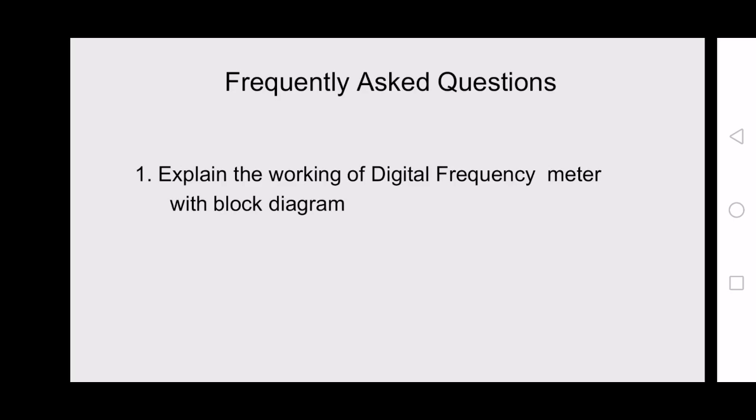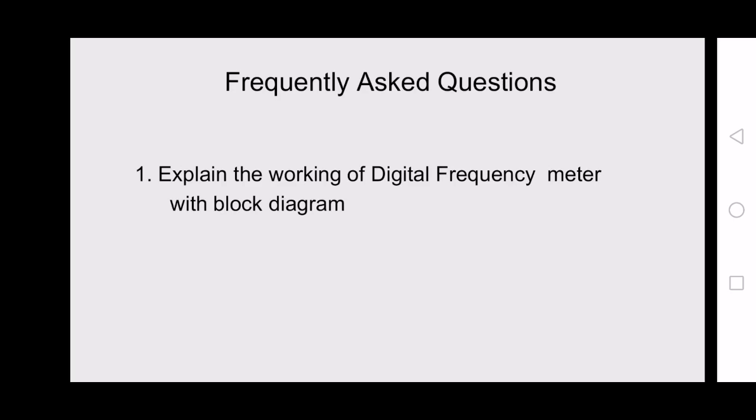To the AND gate we are applying the train of pulses to one of the input terminals, and another is a duration of 1 second pulse, and the output is the number of pulses counted during that 1 second. You just write that and write f equal to n by t, where n is the number of pulses counted, divided by t, the time duration between the start and stop actions of the enabling gate. Then you can write like that for 3 marks.